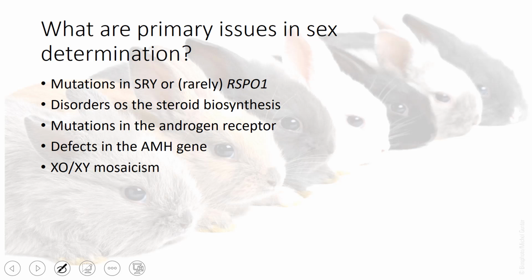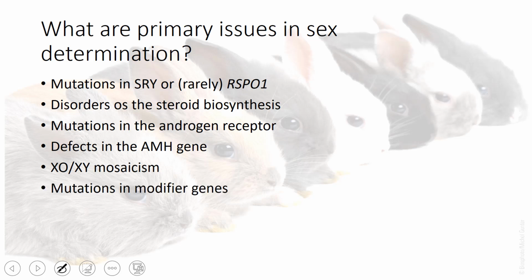And so you could end up with a situation in which some of the cells only have an X chromosome and not a Y, and then the other cells have the normal XY condition. The result of that is basically you've got some cells that are not male and some cells that are male in the same individual, and will oftentimes lead to issues in the development of some of the male secondary